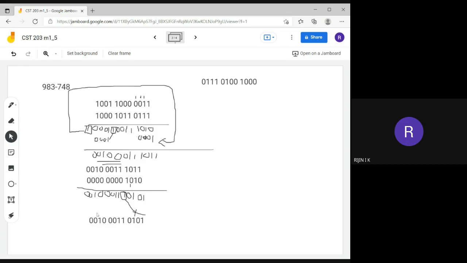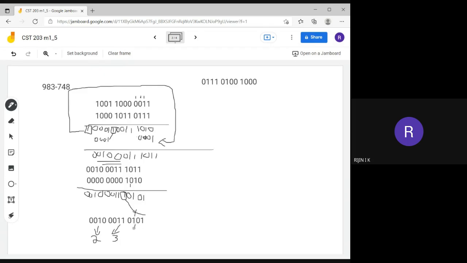What is the equivalent decimal number of 0 0 1 0? Akarsh, what is the equivalent decimal number for 0 0 1 0? 2. Then 0 0 1 1 is 3.